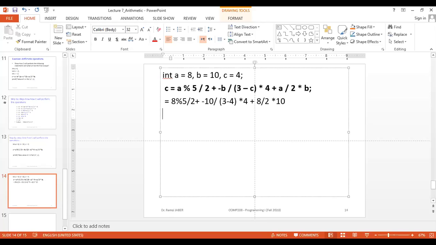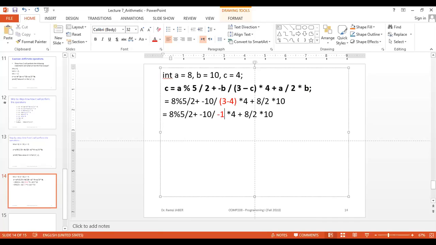So first step, we replace it. Here we look at the parentheses. We have parentheses here? Yes, we start with them. So we rewrite the whole expression and calculate this. So 3 minus 4 will give us